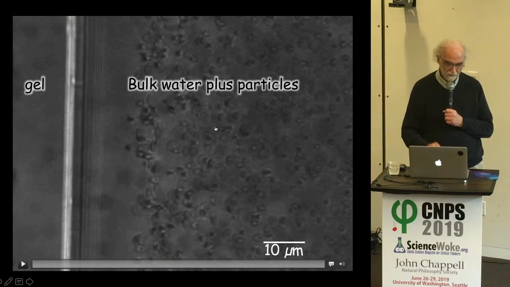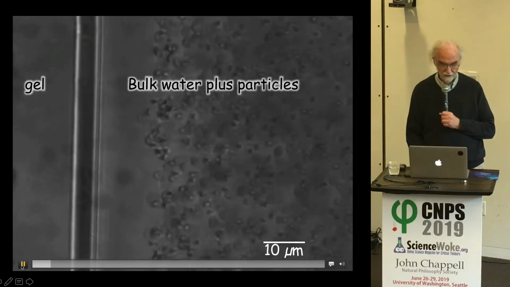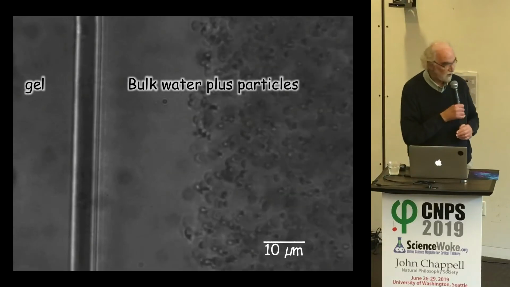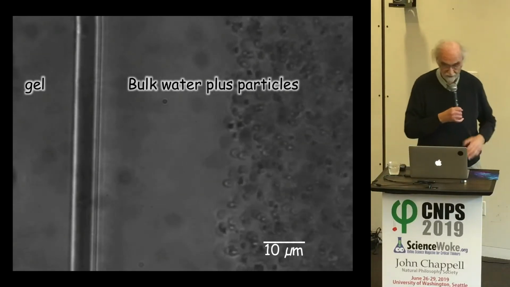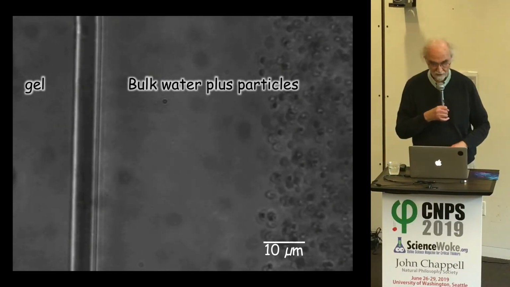And we put the particles in the chamber with the water, suspended in the water, and lo and behold, we found a region. This region is about 10 micrometers, which by molecular standards is pretty substantial. It looked like this is a region that excluded the microspheres, and we thought, maybe it's possible that next to the surface of the gel, the water molecules are lining up. And the situation was actually more dramatic than that because we did videos. One of the first videos we took, we could see that something was growing from the boundary and pushing those microspheres away until they finally stopped.